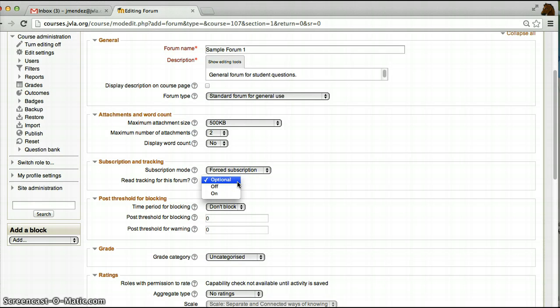Read tracking for this forum is a matter of letting you know if other students have read and accessed the information, as well as, if they want to do that, we can leave it as optional to know who's read their posts, etc. Post threshold for blocking is an area where, after you've posted the forum,